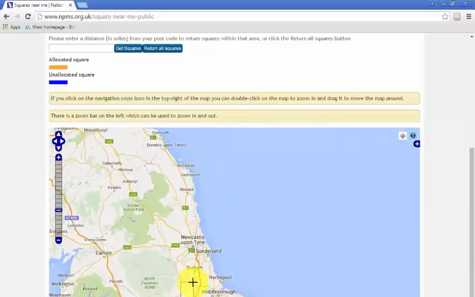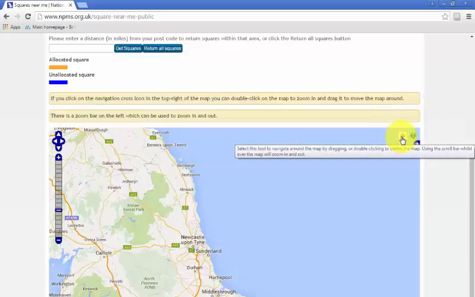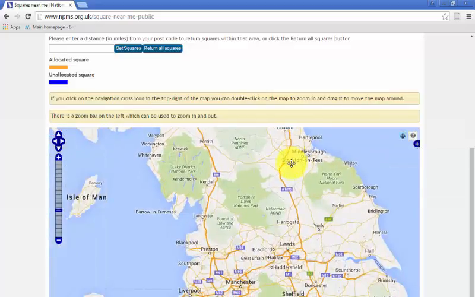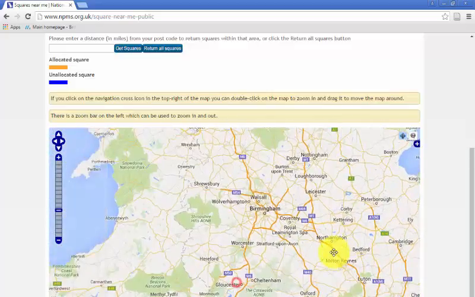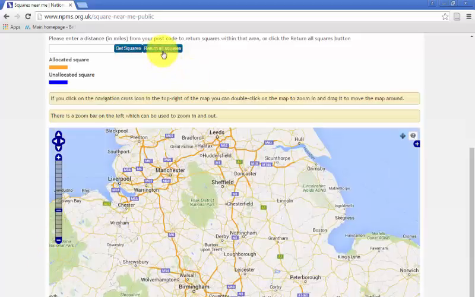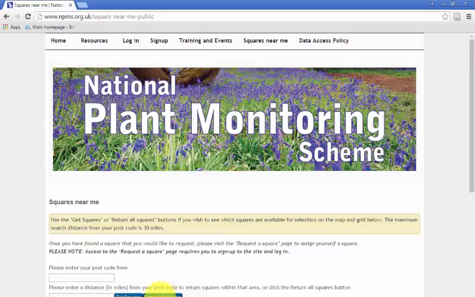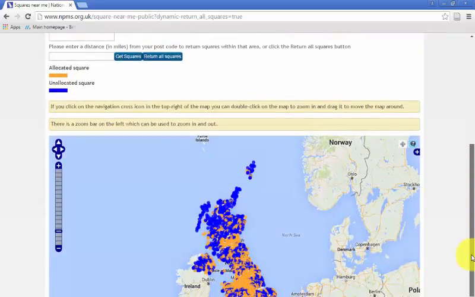You can drag the map by clicking the double-headed arrow icon at the top right hand corner of the map. So if I choose this double-headed arrow icon, that will allow me to move the map around. So if I just go back up here and choose to return all squares, the second button here, I'll have to wait a moment for the squares to be loaded, but if I scroll back down to the map, you'll now see that all of the NPMS squares currently available in the